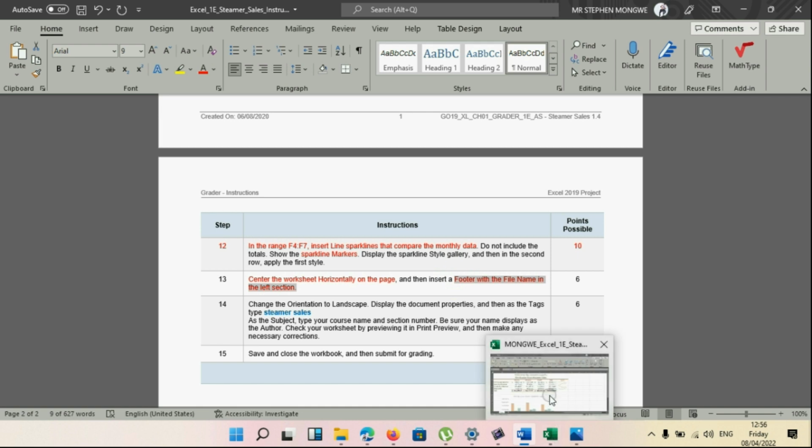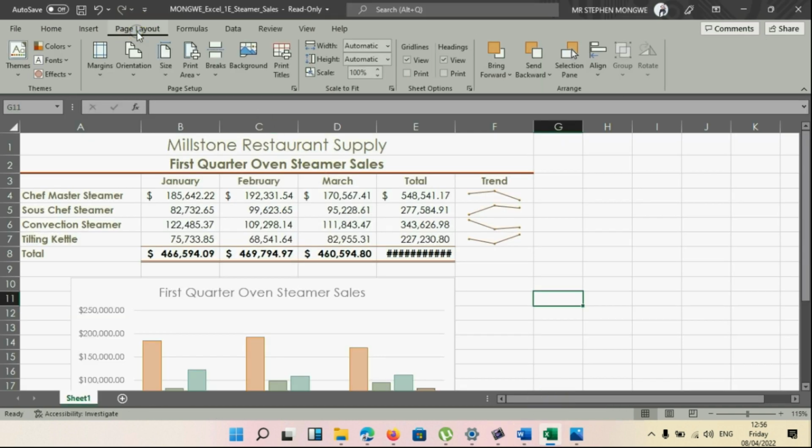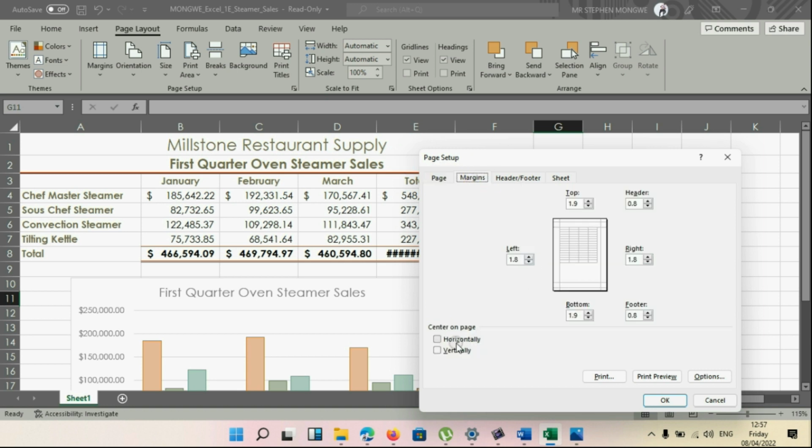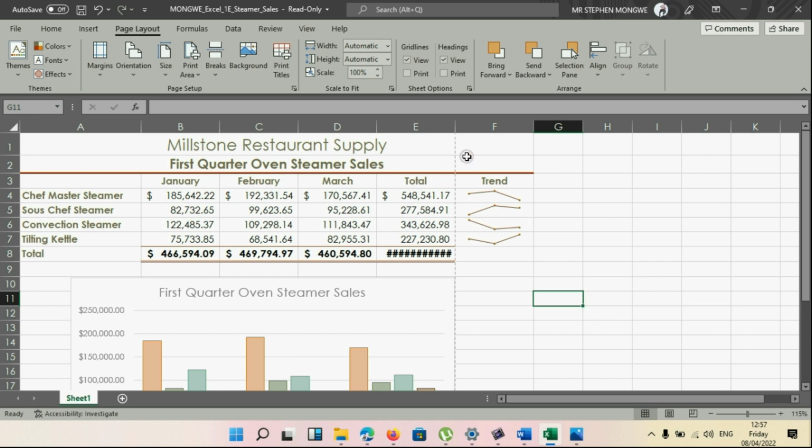So here we are going to go to page layout. From page layout we are going to go to print titles. You can click here, right? So if you can see here, we are going to go straight to page margins. We are going to center this horizontally, then press OK. So that's one thing that we needed to do. So one more thing that we were supposed to do was to add the footer. Okay, we can say insert